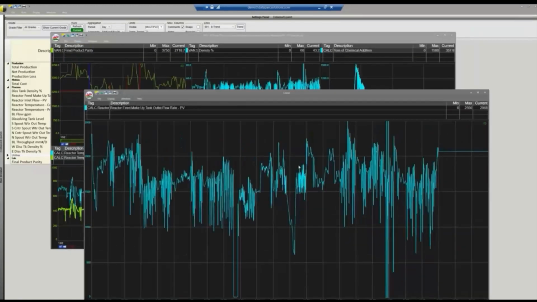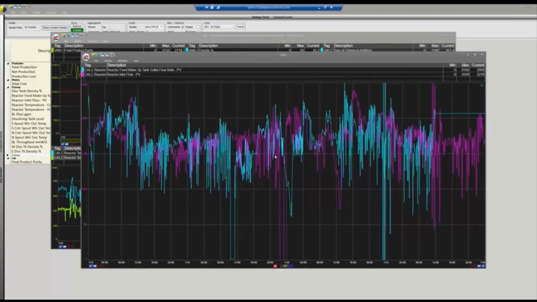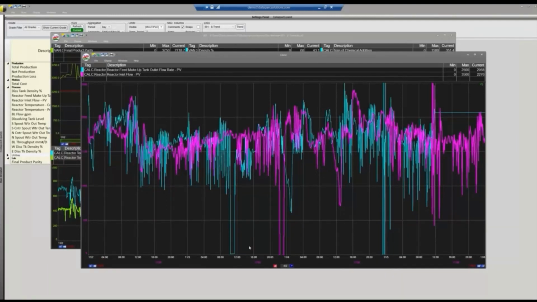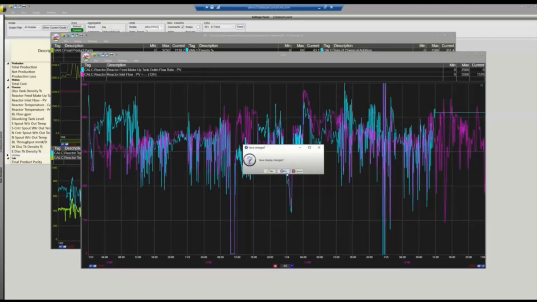So we'll pop open a clone of it, and then we'll drag on the reactor flow inlet. Now, inlet obviously has a bit of a time delay versus the outlet. So in order to line these up a little bit better, we'll use our time delta drag feature in order to do some time shifting. And we'll take our reactor inlet flow and shift it back about 12 hours, which tends to be our residence time. And lo and behold, we'll be able to see that the dips and the valleys correspond to each other. So we're pretty sure that the issue has something to do with our reactor feed, either the flows or the level.